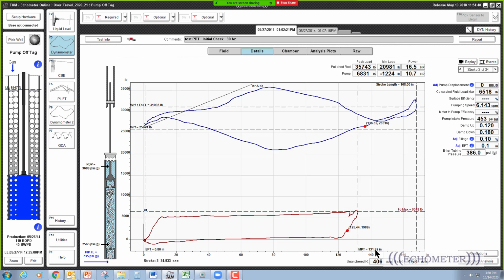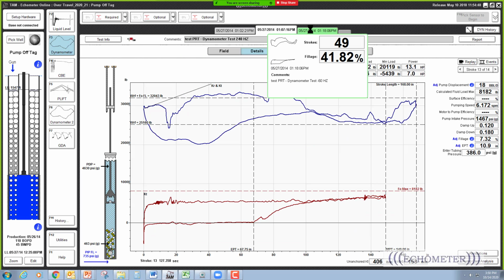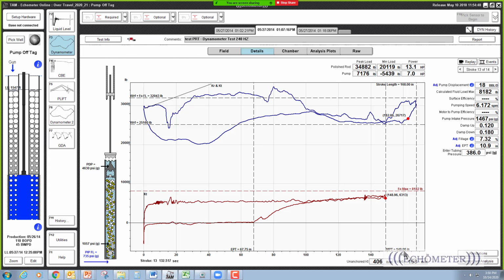stroke is 132 inches long versus the pump off strokes, which are 150 inches long. And so that's almost 20 inches of difference in the downhole stroke. So where's the plunger moving in the barrel? Well, it's not only moving down some, it's also moving higher in the pump barrel. So in some fields that have